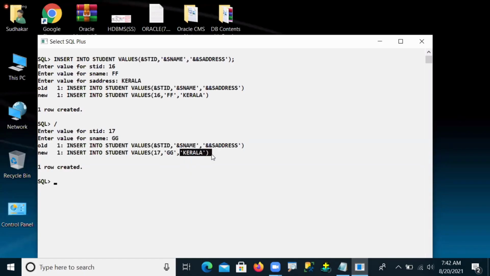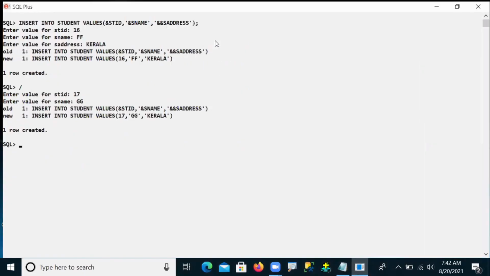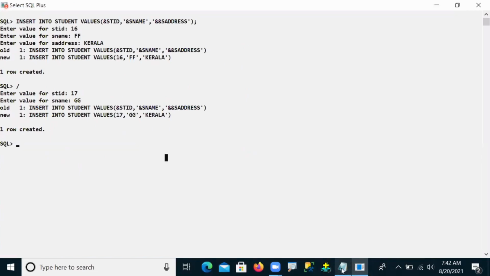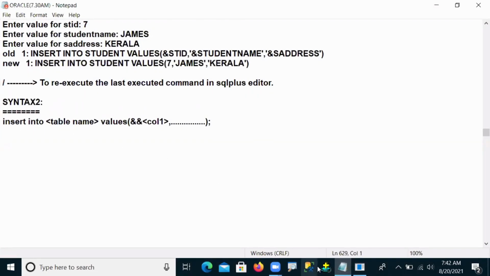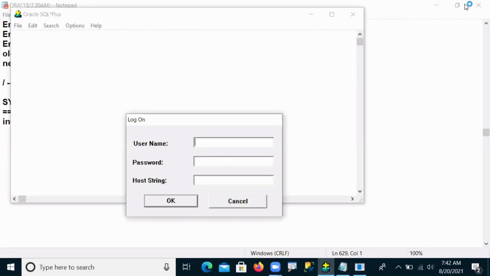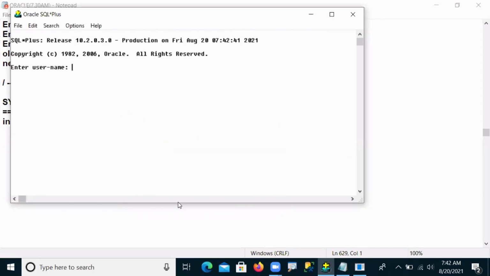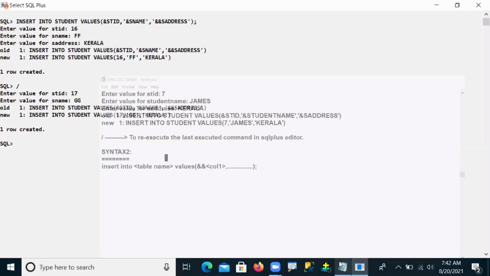Okay, now this is what we call, guys, the difference between the address with double ampersand percentage and single ampersand percentage. And the next one is like this. So you can check out examples here.